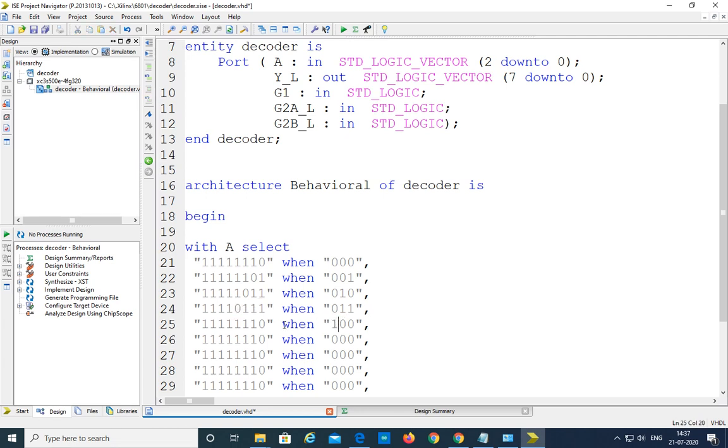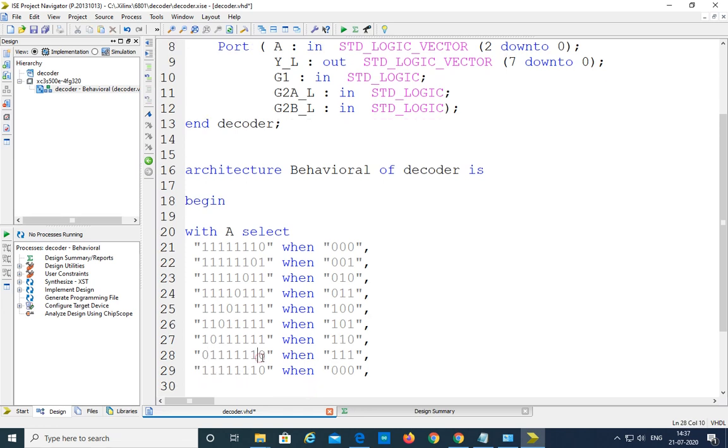When 1 0 1, y5 is going to be active. When 1 1 0, y6 is going to be active. When all ones, the last one, y7 is active. So I'm removing this one.